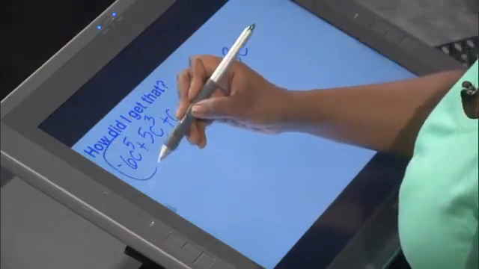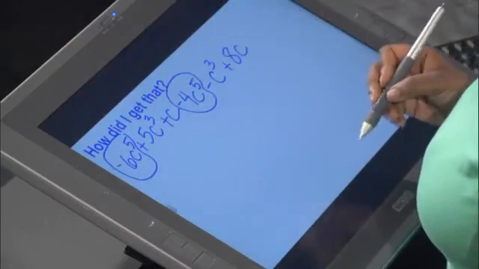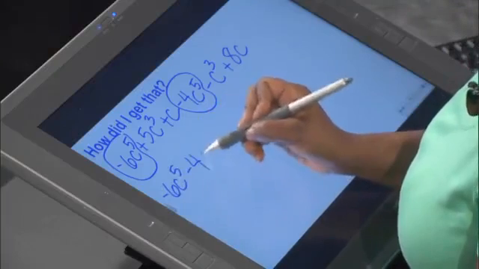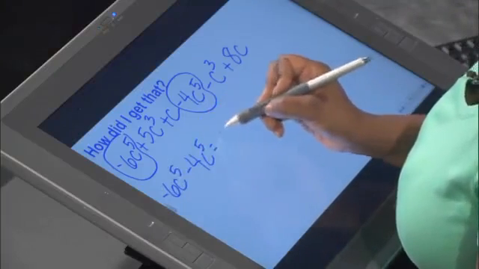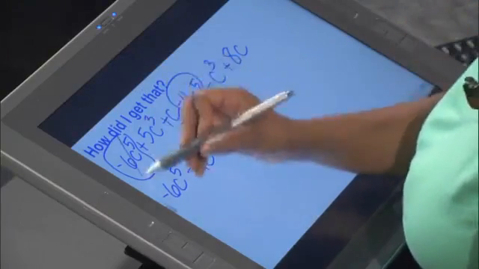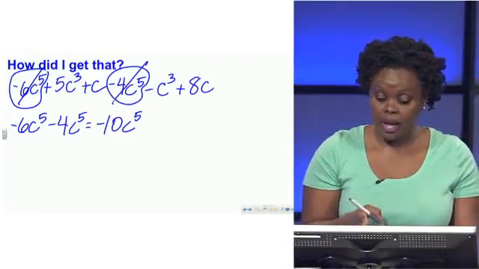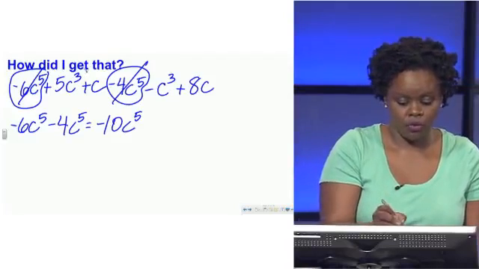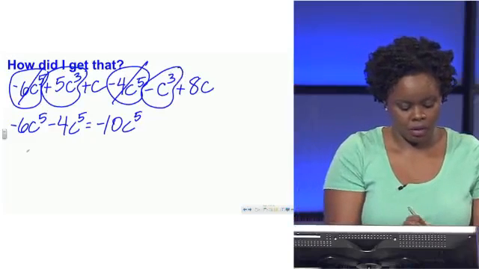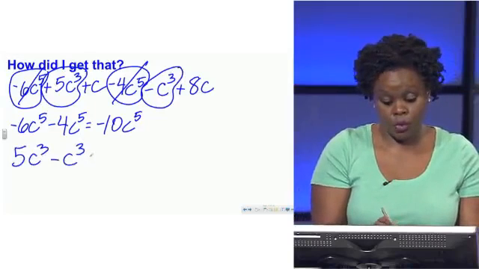So I'm going to combine negative 6c to the 5th with negative 4c to the 5th, right? So negative 6c to the 5th minus 4c to the 5th. That's negative 10c to the 5th, right? Okay, so I've handled those. I don't have any c to the 4th terms, but I do have some c to the third terms. So 5c to the third, and I see I have this minus c to the third. So 5c cubed minus c cubed, that's 4c cubed,